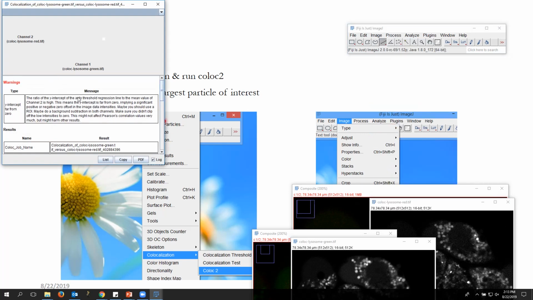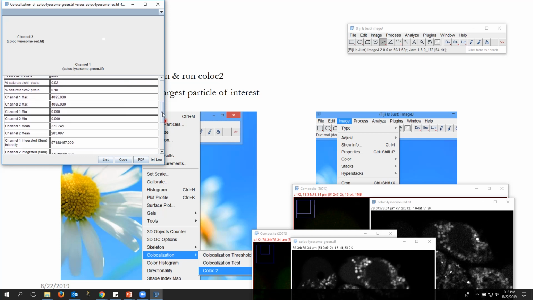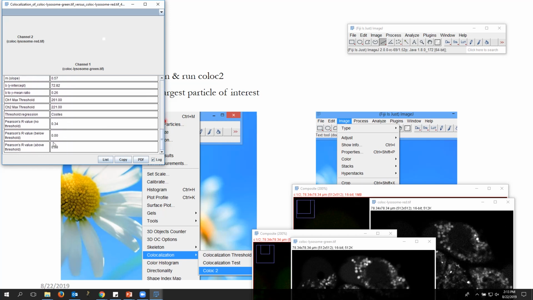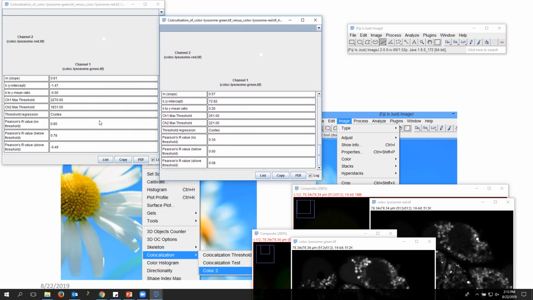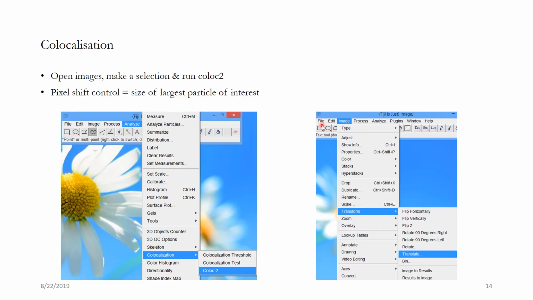Okay, so we have got the answer here. Now the colocalization value is close to 0, which is perfect. That's what we wanted, right? Earlier it was 0.78 and now it is 0. So that means whatever result was there is actual true colocalization. So this is how you can do a colocalization analysis.